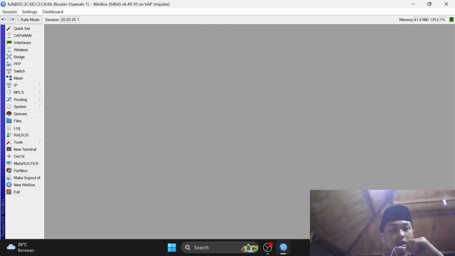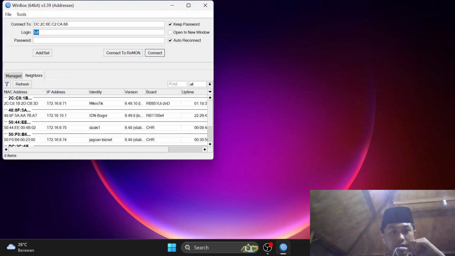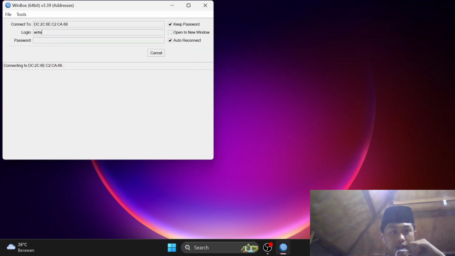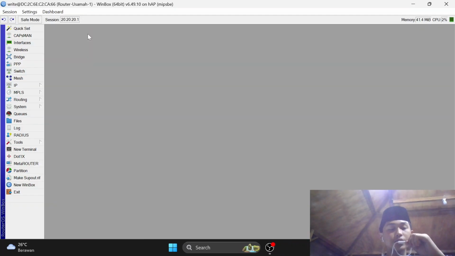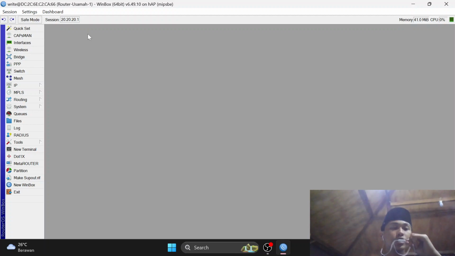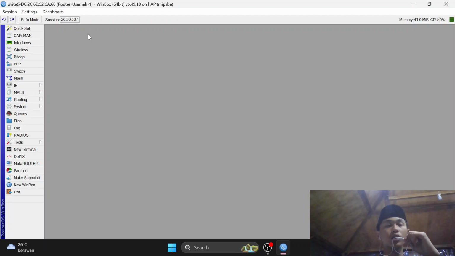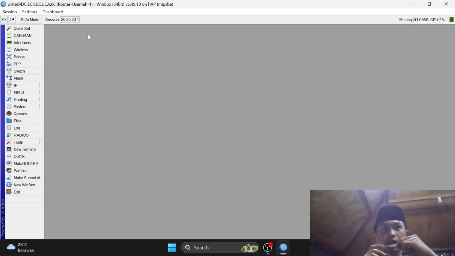And then let's try to move to user type write. Then enter. As I said before, a user with the group write is a user that has almost all of the rights, all of the policies, but the difference is it cannot configure or add new users.